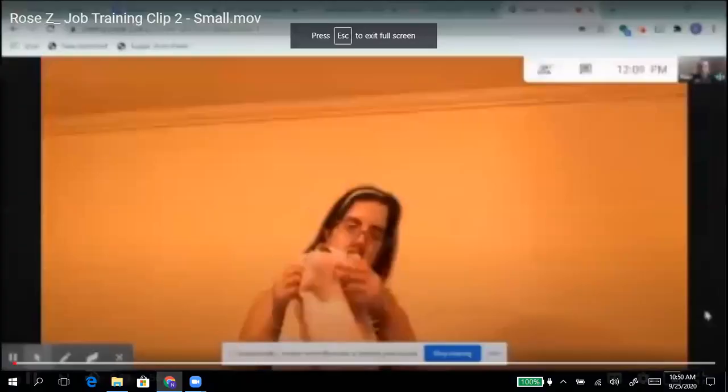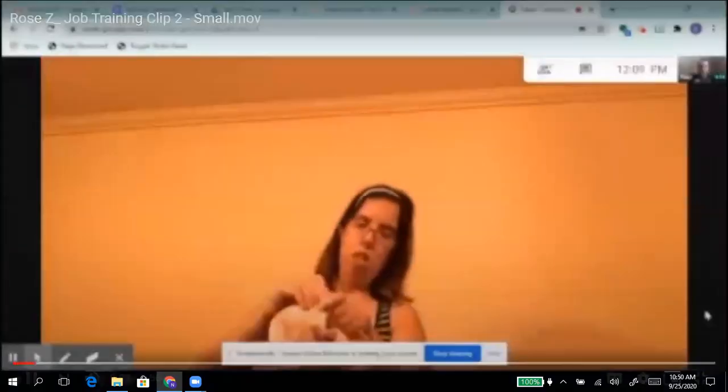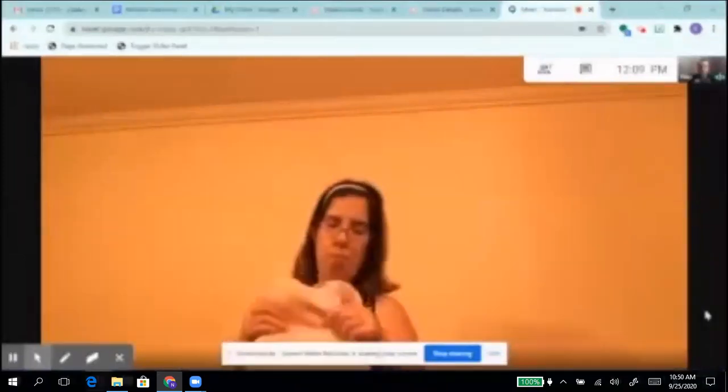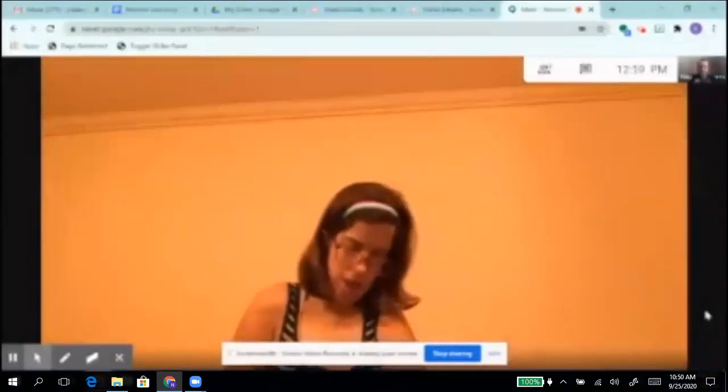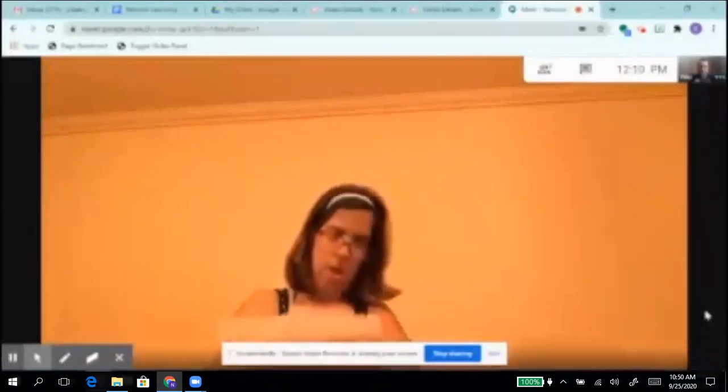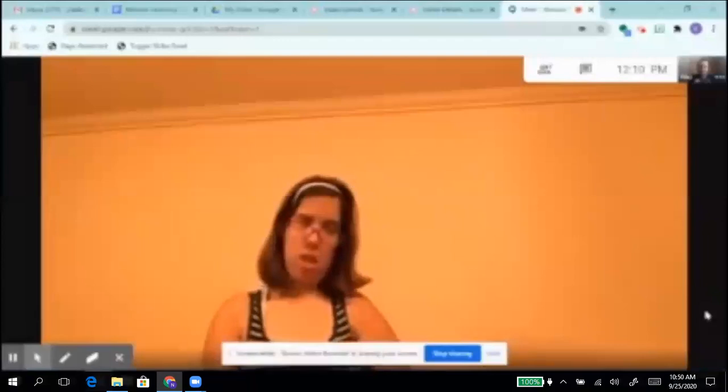Make sure you straighten it out so it's nice and neat. Maybe give it a shake if needed. Maybe straighten it out. Okay, good. All right, let's see that final product. Hold it up nice and tall. All right, Rose, not too bad. We just gotta make sure we want to fold it all the way over so you have no edges. You want to make sure there's no edges around the side, okay?